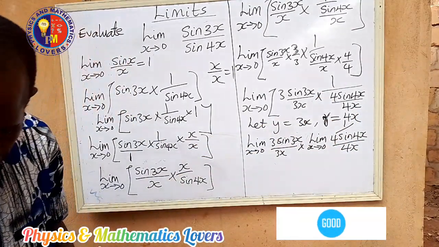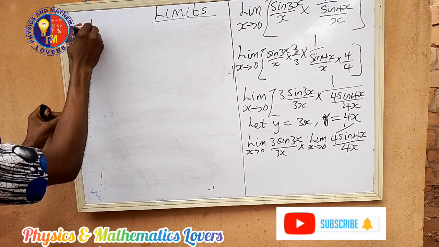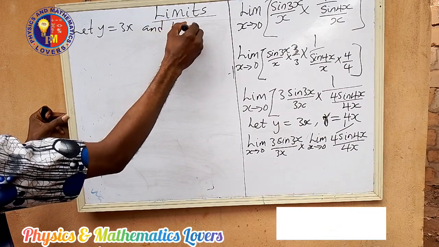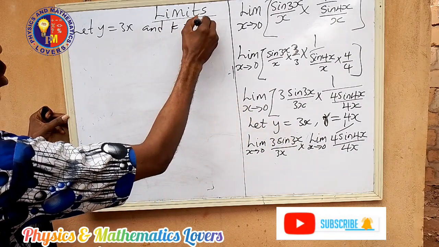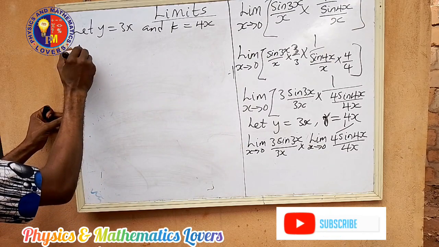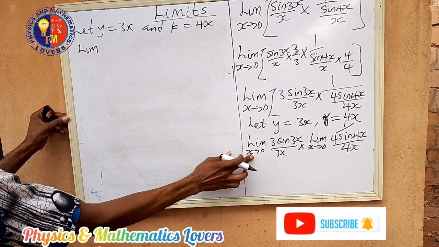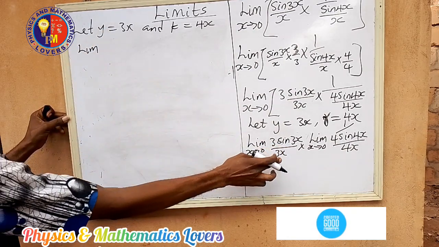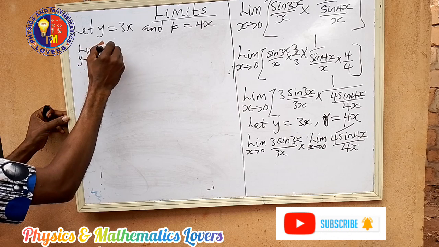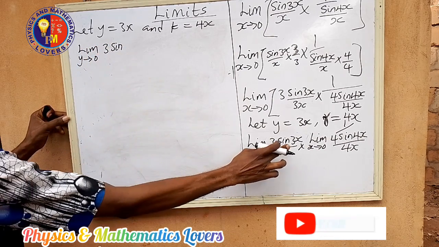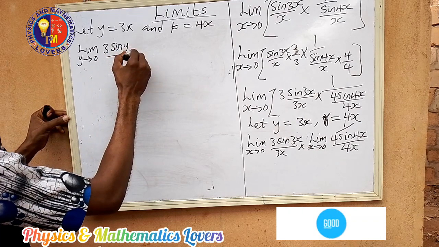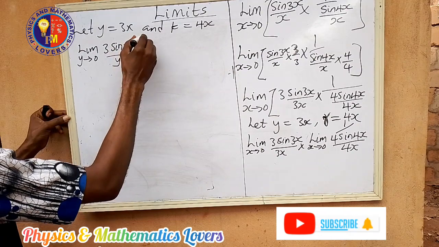So let us go further. Let y equal 3x, and let k equal 4x. Now this side will no longer take s, since we let y equal 3x; we are changing it to the y function, because y tends to 0. We now have 3 sine y all over y, times 1 all over